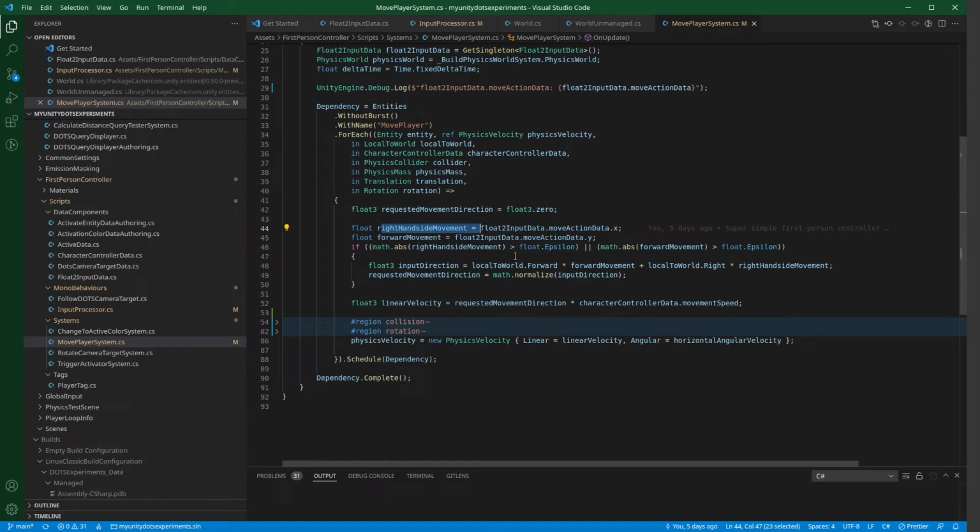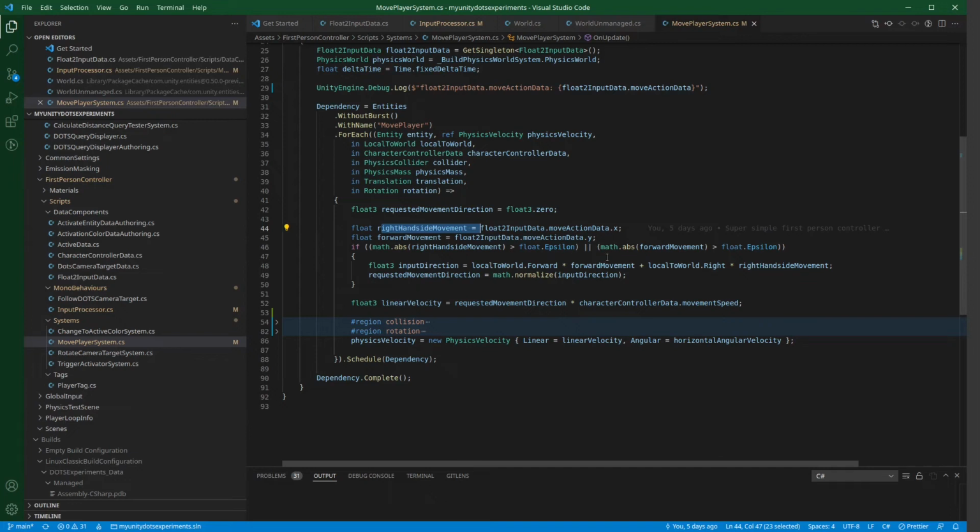I think if it's -1, then it is going to move to the left, and if it's +1, it is going to move to the right. And the forward movement, if it's +1, it's ahead, and if it's -1, this is going back, if I recall